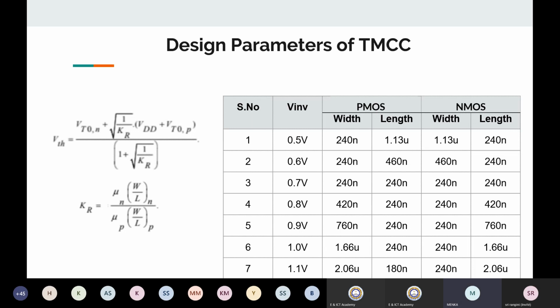Okay, so likewise you can also tune the things here. Length and width, both of these can be tuned, but generally length we should fix, because the length depends on the technology node. In the same chip we cannot provide n number of technology nodes. It is very difficult. Even though these were huge students, they tried their best with the same length, but they were not able to achieve good results. So that's why I allowed them to change the length and then find out whatever they can have. So that's why they changed the length also.